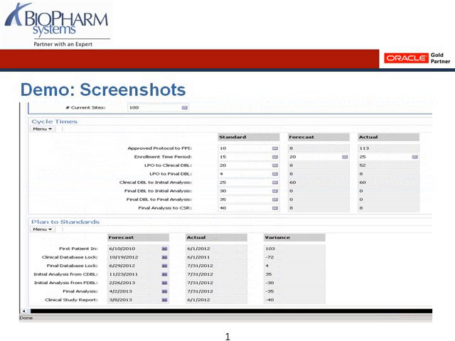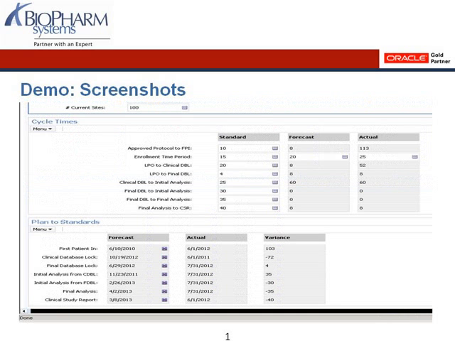We also have the ability to look at cycle time. So again, the variances between two key protocols. If our internal standard for approved protocol to first patient in is 10 weeks, and the forecast is 8 based on what you've actually put in your forecast for each of those particular milestones. And then your actuals, this looks like a little bit skewed data, but your actuals have a variance that's quite larger. You can actually start to see where you are on this particular protocol as it compares to your internal standards.